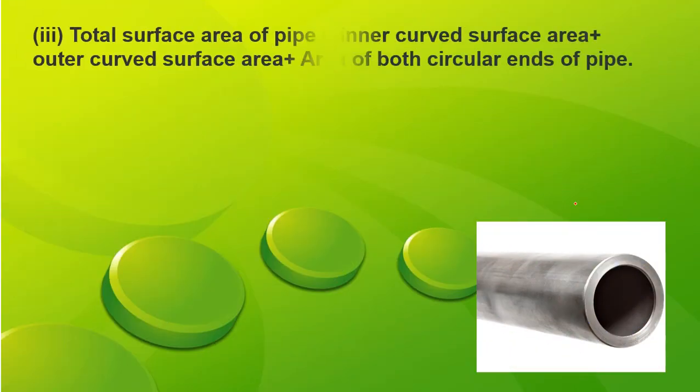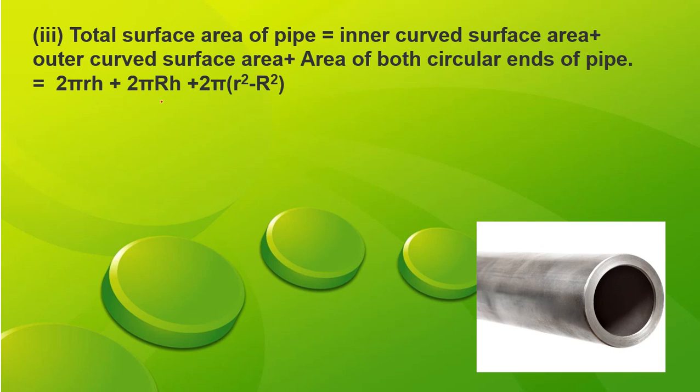Now in the third point we have to find the total surface area of the pipe. Now what is the meaning of total surface? That means combining the full figure we are getting here, the pipe, we have to find the total surface. The total surface considers this ring shaped region also. So we have to find the total surface, that is this inner curved surface as well as the outer curved surface and the area of the ring also. So we have 2 pi r h plus 2 pi R h plus 2 pi